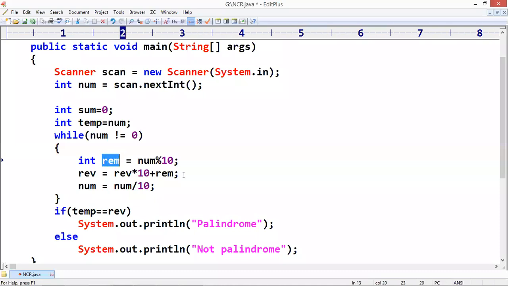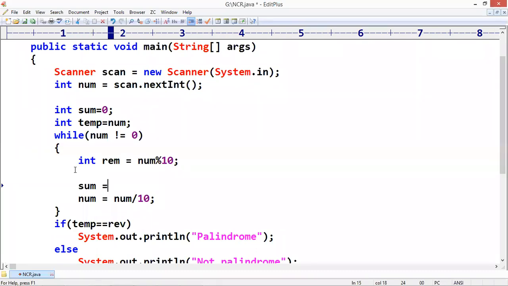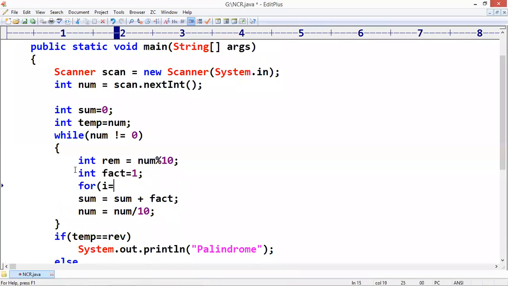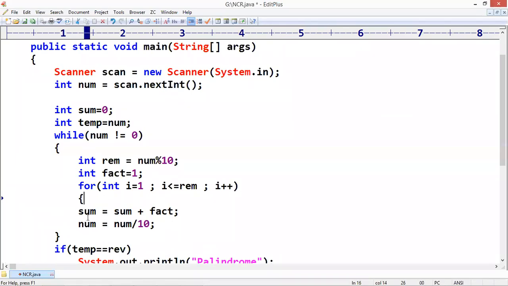After finding the factorial, add to the sum. Sum equals sum plus fact. But where is that fact? Create fact equals 1. Repeat the loop, i starts with 1, 2, i is less than or equal to that remainder, because the remainder's factorial value we are finding. So fact equals fact into i. Only this much.